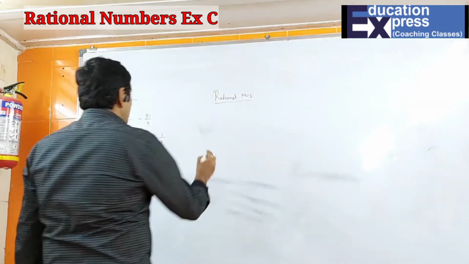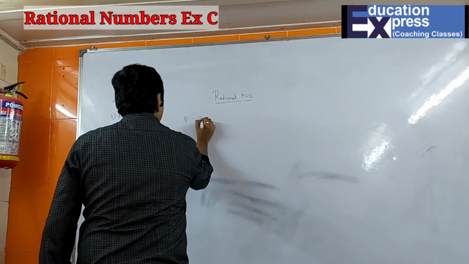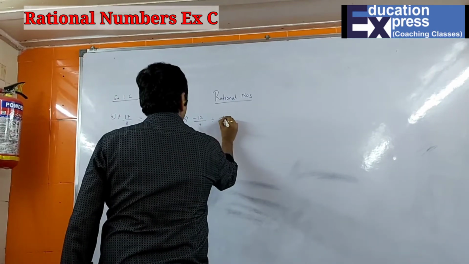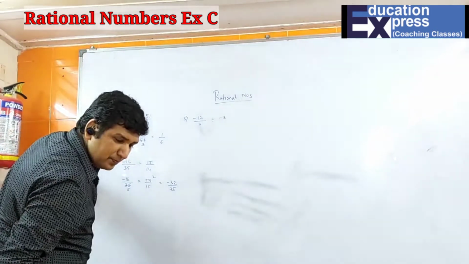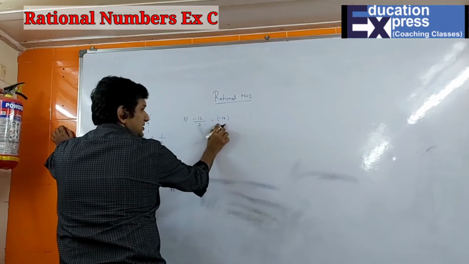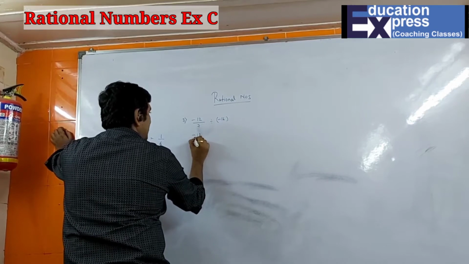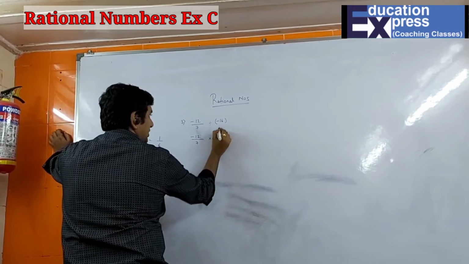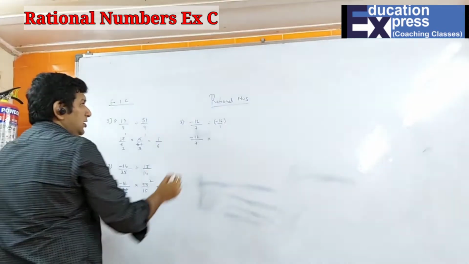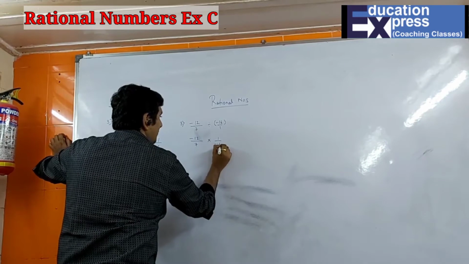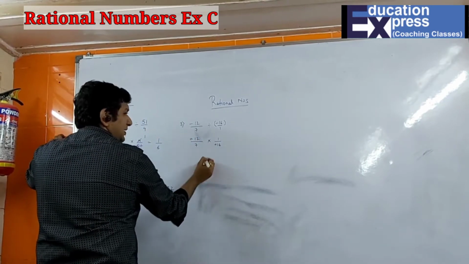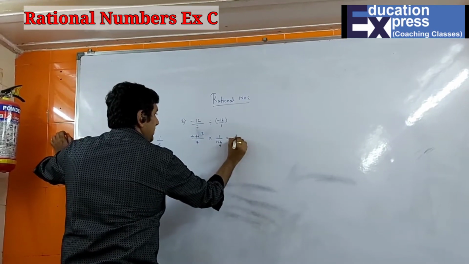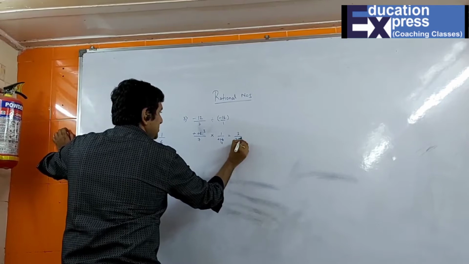Minus 12 upon 7 divided by minus 16. Now there are two signs, that is why I will use the bracket sign. So minus 12 upon 7. If I have division, obviously division has to become multiplication. There is nothing in the denominator, so when I take the reciprocal of this, I get 1 upon minus 16. Now minus will get cancelled. 4 threes are, 4 fours are. 3 into 1 is 3 and 7 into 4 is 28, the final answer.